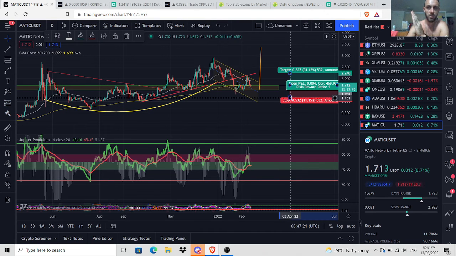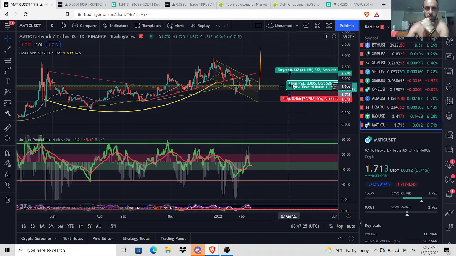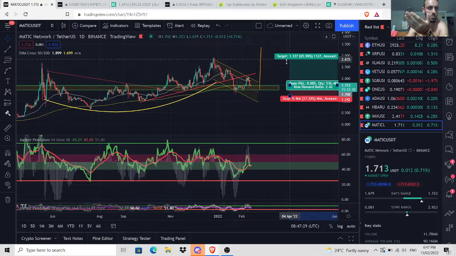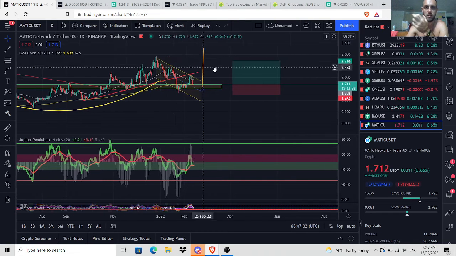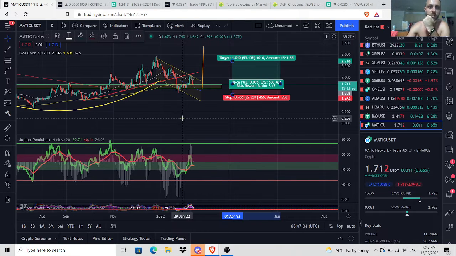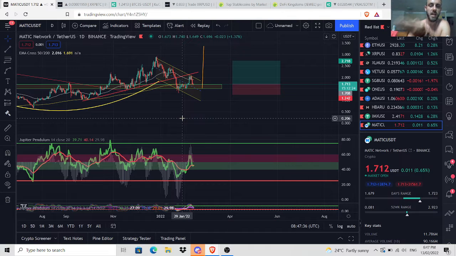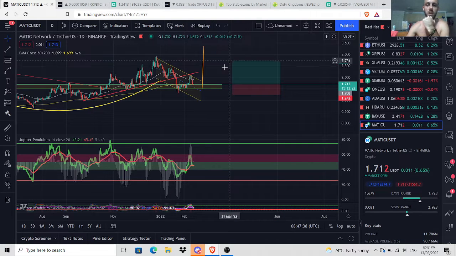Which is why we've got to get good at charting, reading these patterns, reading the indicators to tell us what's really going on. But kind of risk reward that is, even if we just target the previous top, which is fine. Still a 2-to-1 risk reward. Okay, you risk 30% to gain 60% with the potential of it going higher.